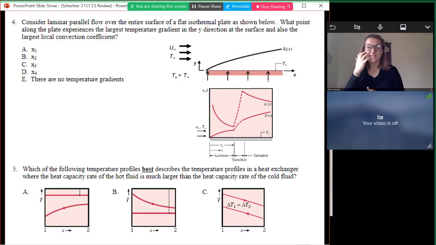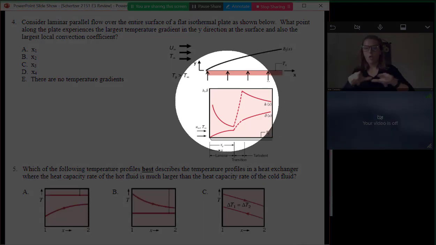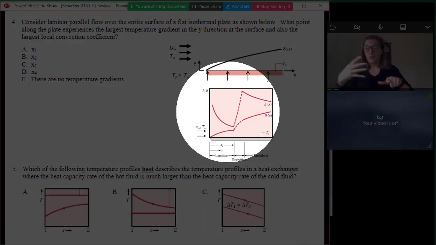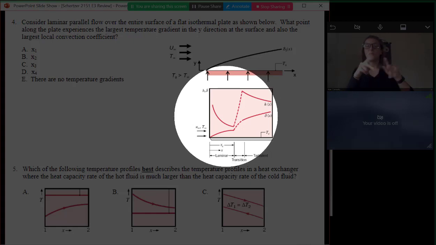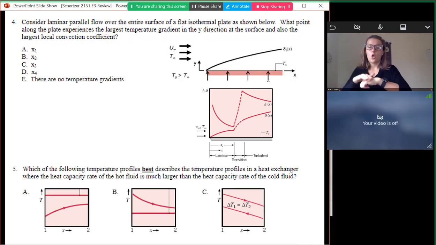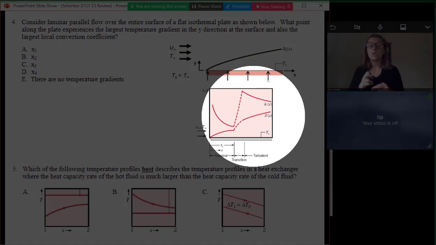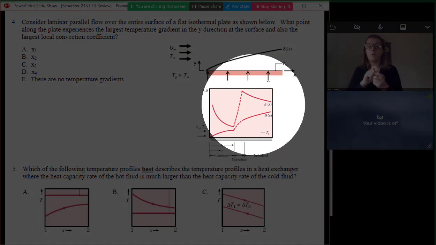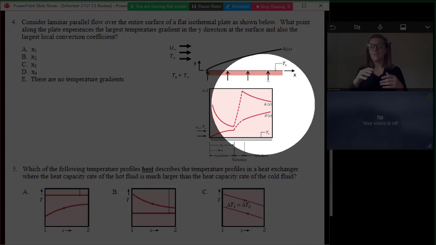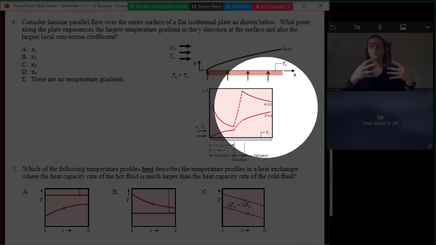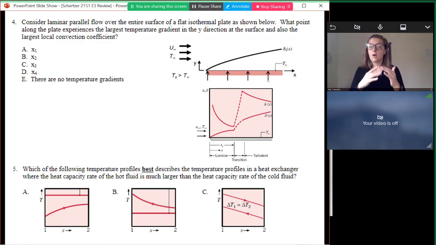So in laminar flow, we can see h, which this problem is talking about, which is, like we said, proportional to the temperature gradient at the surface. Here, it decreases in the laminar region as we move down the plate, and then you get this step up when you go to turbulence. That's this dashed line, because turbulence is kind of a transition. It's not just one length that happens. And then we have the peak heat transfer coefficient, and then again it starts to fall with x.